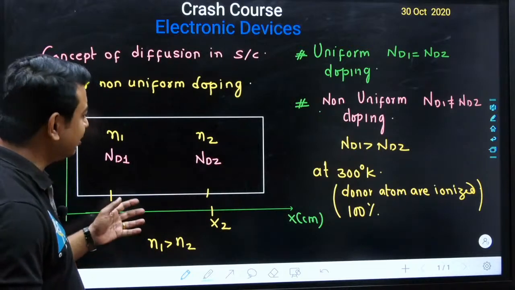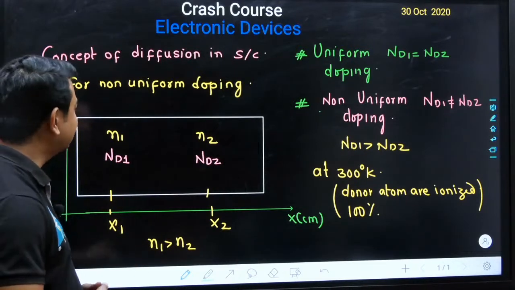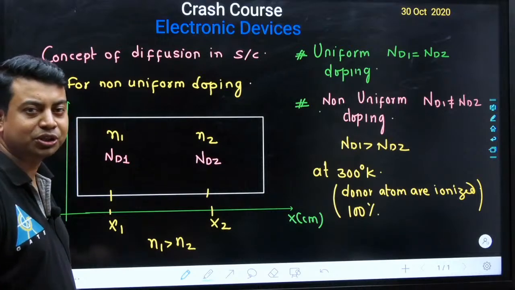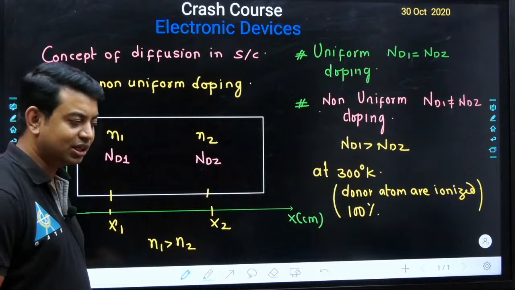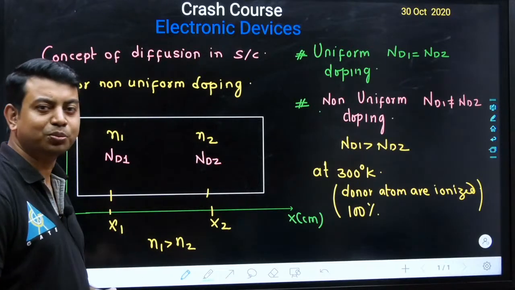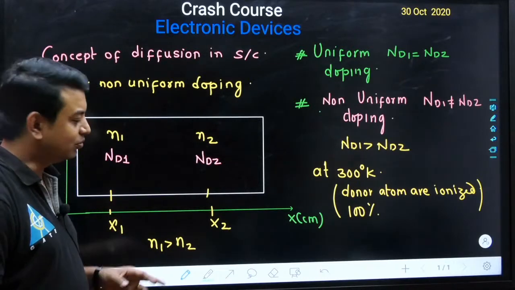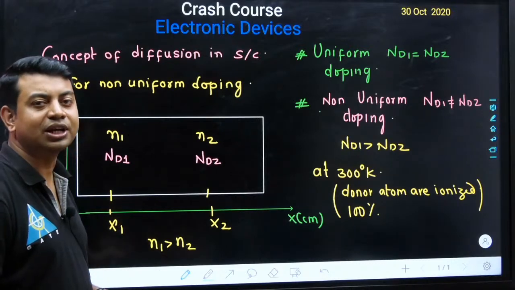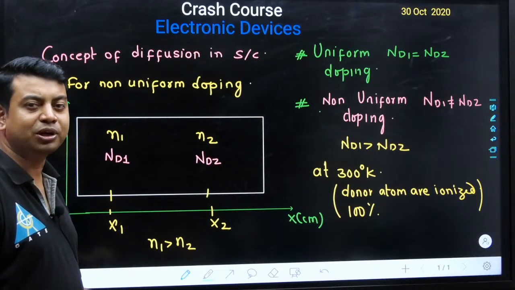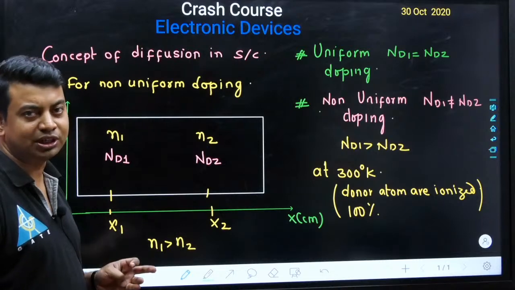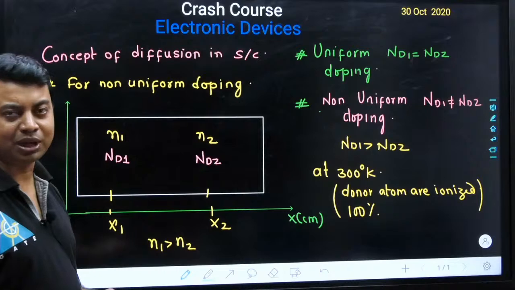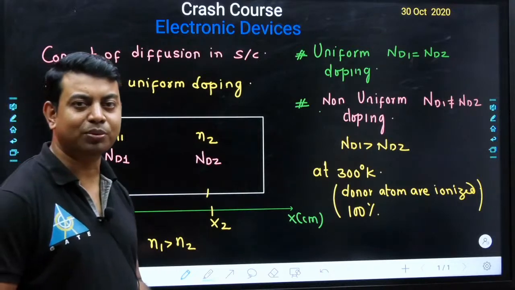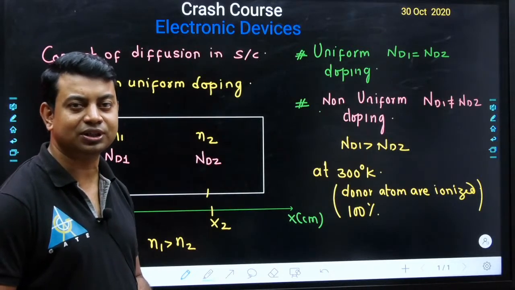So, at this particular point what will happen? The electrons from the higher concentration side try to move to the lower side, so that the concentration of electrons on both sides of the semiconductor with respect to distance will be equalized. This is the natural principle of all matter, either solid, liquid or gaseous. The microscopic particles in a solid will move from higher concentration to lower concentration whenever there